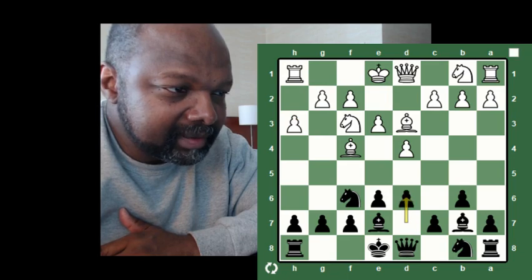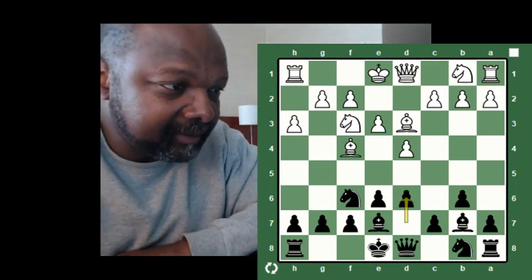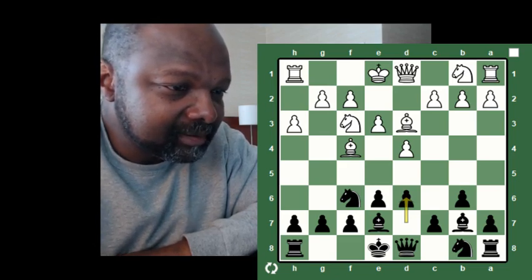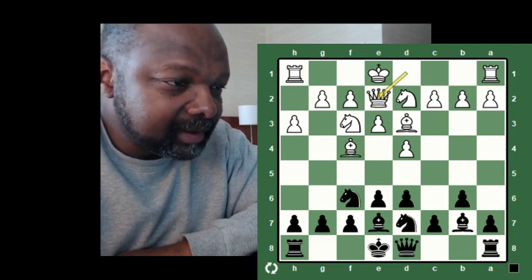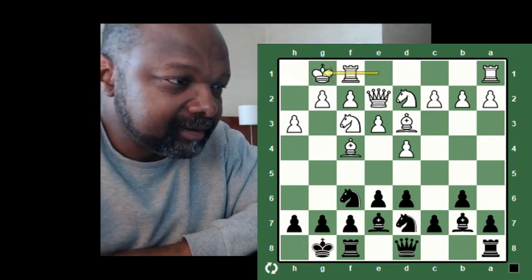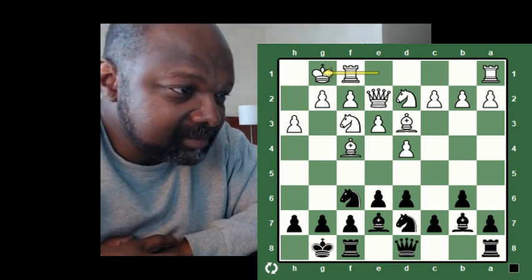I really wanted d5, but I also wanted to keep the knight out of e5, so I went with d6. Not too bad. So now you have to determine where the break is going to come. All pieces are developed. I'm thinking my break is going to be at c5. I'm thinking his break is going to be at